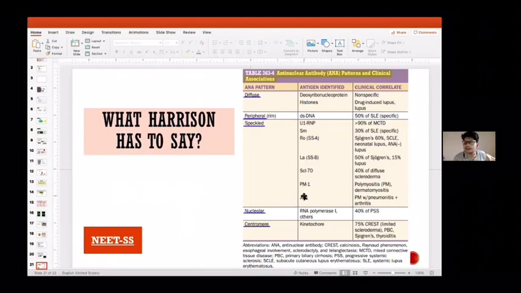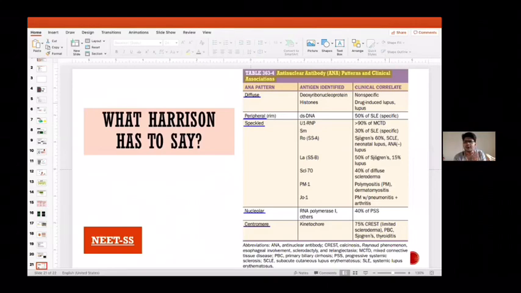We believe it if it comes to MCQ, but when it comes to practice, we can always use our common sense and think. Nucleolar pattern, RNA polymerase and others, and this is PSS, that is again primary systemic sclerosis, or we can tell progressive systemic sclerosis or diffuse systemic sclerosis or scleroderma, whatever name we give. Centromere, it is definitely what I wrote as CENP-B, which is another name of kinetochore, and it is 75% of the CREST syndrome. It can be seen again with primary biliary cirrhosis, Sjogren, and thyroiditis. So this table itself is giving you a lot of MCQs for your NEET SS, but don't go too much for that. Just